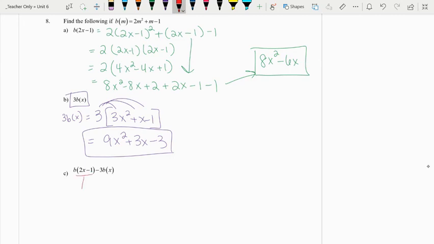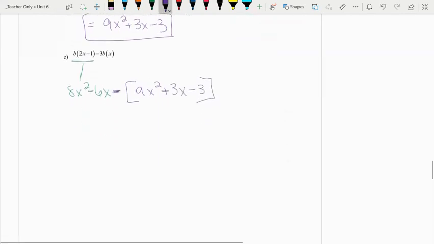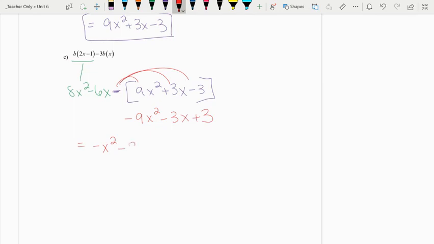our first one, which was 8x squared minus 6. And then we are subtracting everything from my second one. And be careful here, you're subtracting all of it, not just 9x. So just like we always do, this is actually minus 9x squared minus 3x plus 3. So when we add everything together, we get negative x squared minus 9x plus